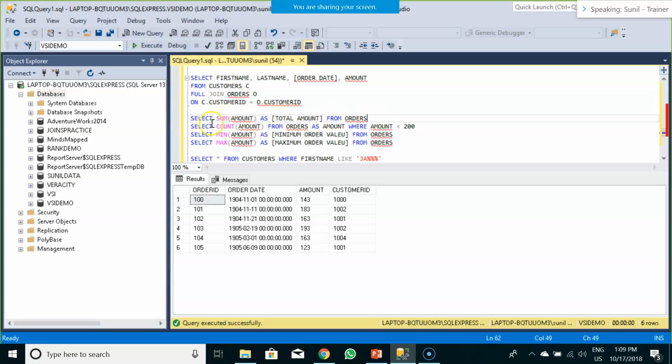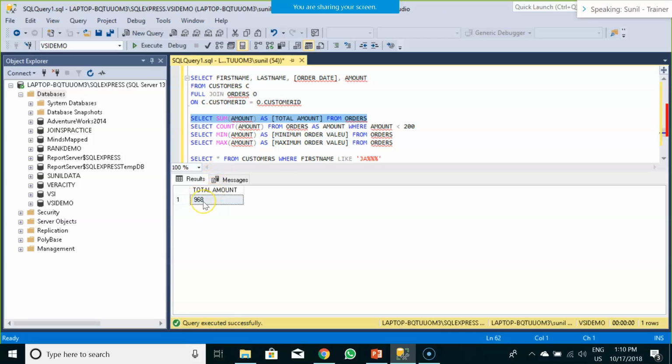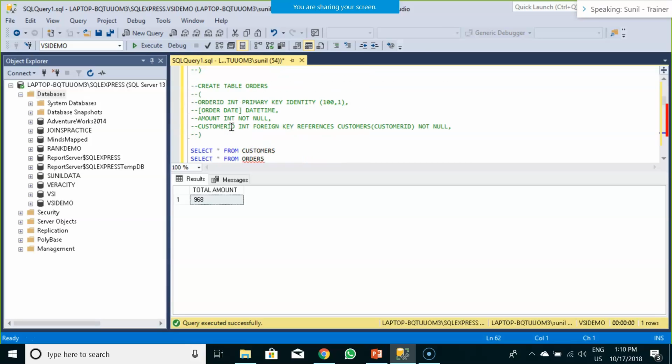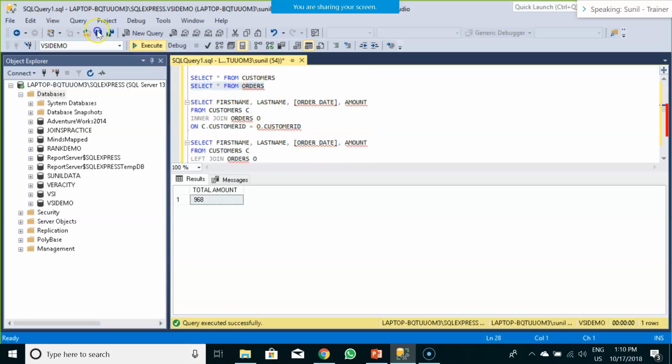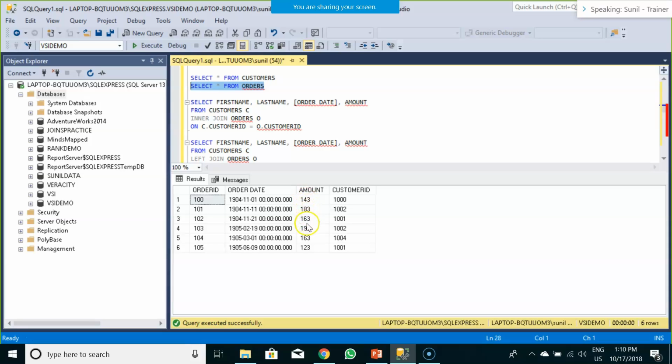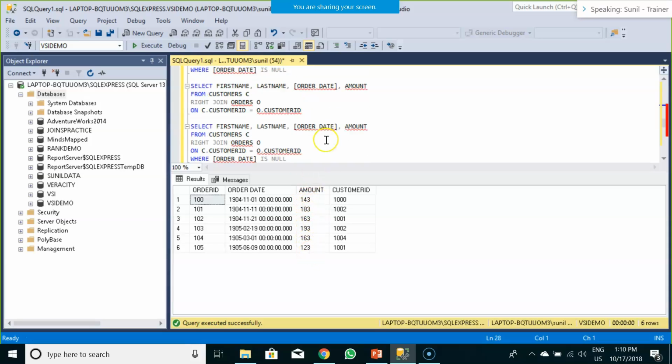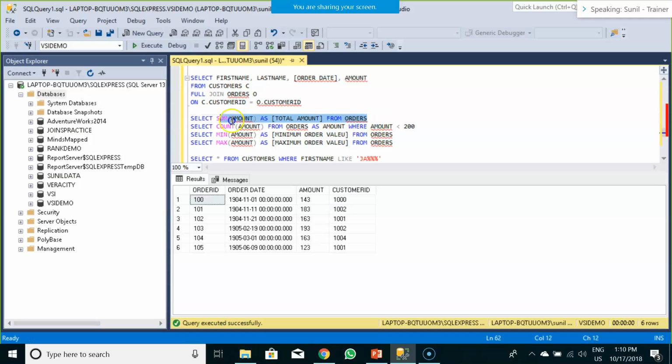So what I would do, I would write the query as select sum of amount as total amount from orders. Now I am giving a temporary name for that particular column as total amount, wherein it would sum up all the order amount for me. So when I fire this query, I would see the result as 968. So essentially what it did, it summed up all the amounts that were present in my order table. 143 plus 183 plus all this thing, which gave me the sum as